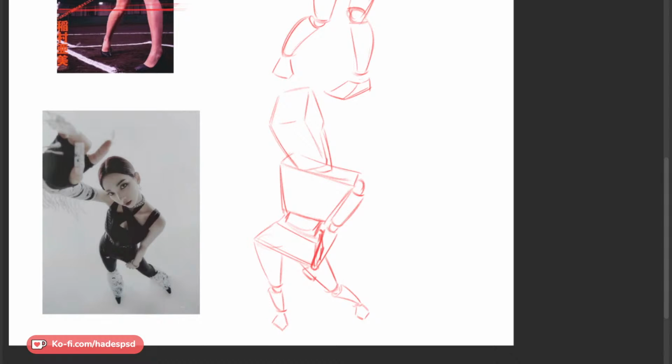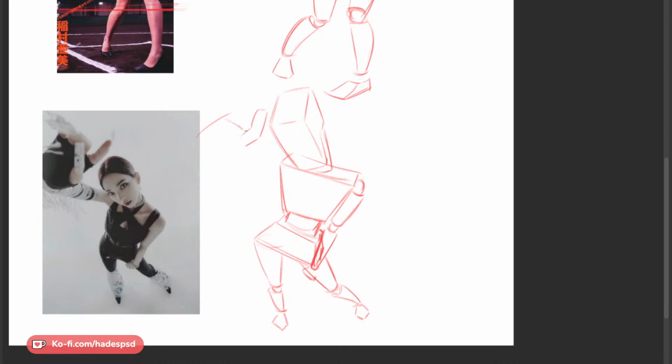Okay, I think I mentioned this before. In this case, I think I might want to draw the hand before I draw the arm. I don't know if anyone's had the problem where you draw your arms, but then the hands end up being in the wrong place.